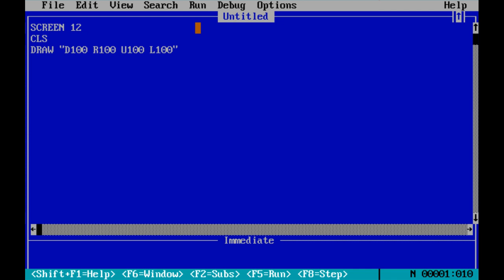So how to use the pset command? Let's learn. For example, we are going to draw a square. Before that, we have to set our coordinates first, x and y, the first pixel. PSET x, for example, 100, comma y 100.